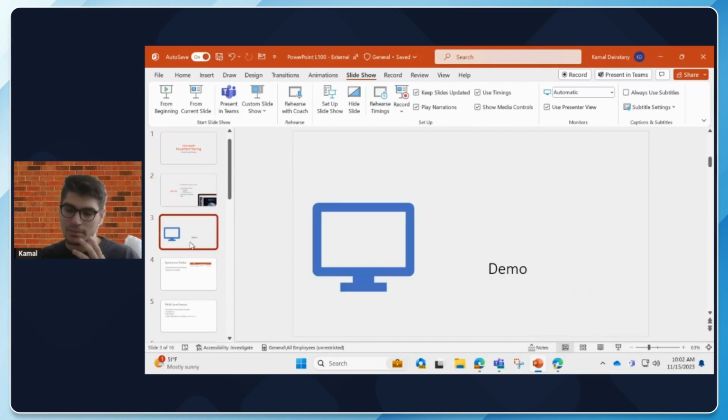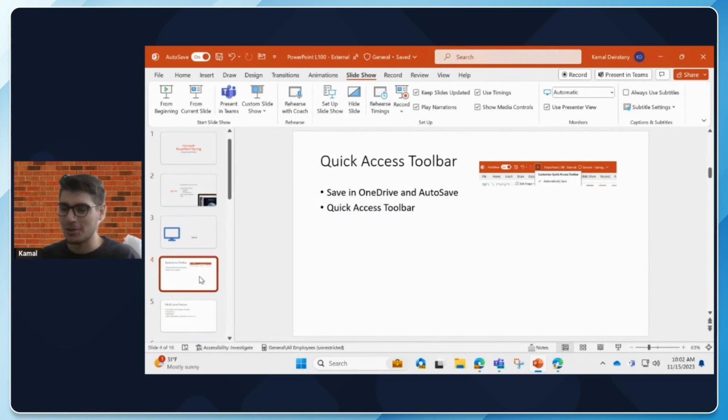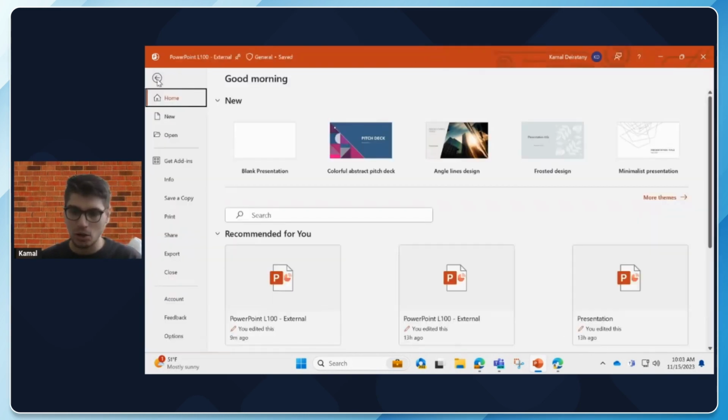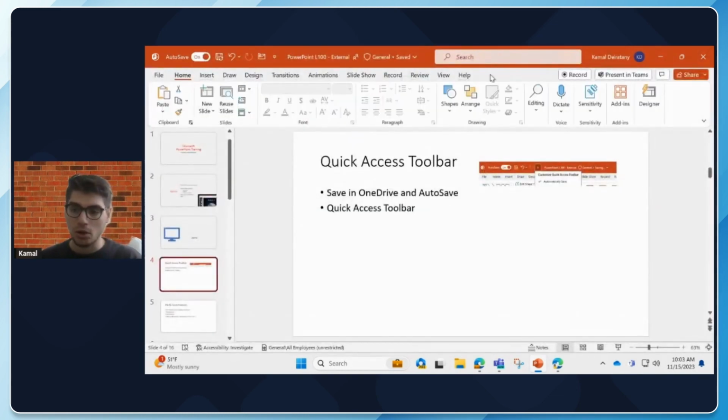There's no demo on this slide. I kept that slide just because the demo is we're going to keep going to the next slides. I'm going to go through and talk about the quick access toolbar on top, give you some of my favorite and the most used features in each of these sections, from file, home, and all of these tabs on top. We're going to talk about then the web version and collaborating with others, and then Microsoft Teams,